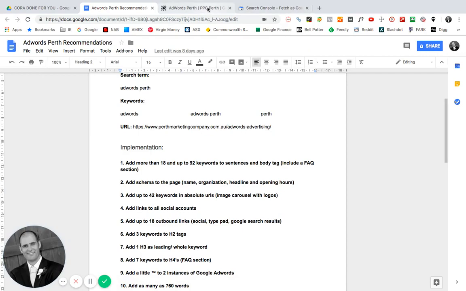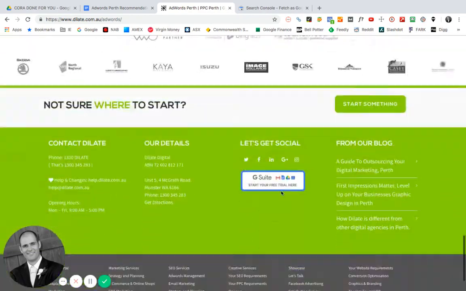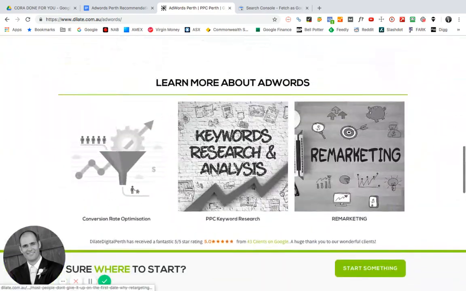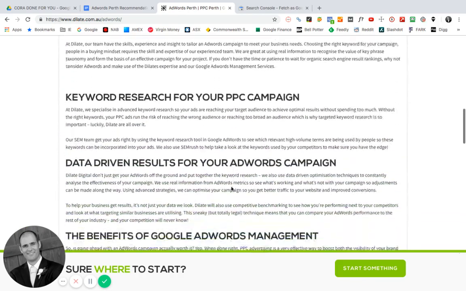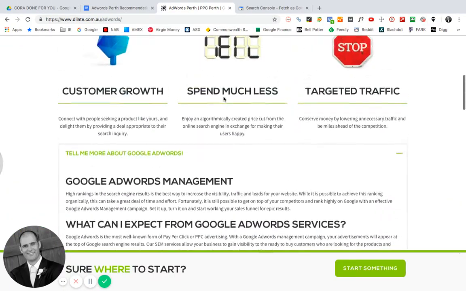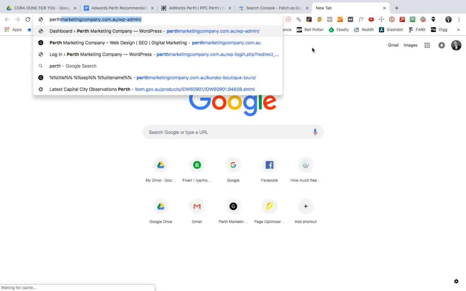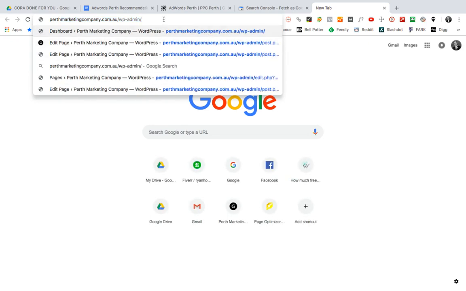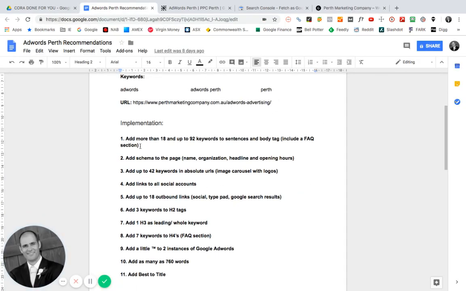So I went and had a look at what they were doing on their page, and I noticed this little tell me more about Google AdWords. So there they've got a whole bunch of headings and a whole bunch of information, almost like a Q&A kind of style. So my first kind of recommendation there was add more than 18 and up to 92 keywords to sentences and body